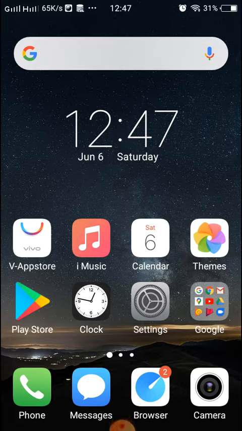So as of today, I will be teaching you how to locate the IMEI number of your phone using an Android phone. At first, there are actually two basic ways on how to locate the IMEI number of your Android phone. The first way, you can go ahead and click settings,